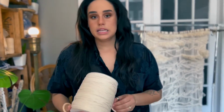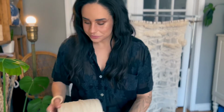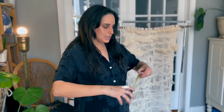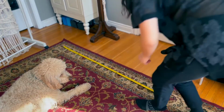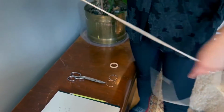So let's get started. We decided last week that our plant hanger is gonna be 35 inches long. That means that we need about 6 feet of rope. And we're gonna need 8 of these. So what I do is I measure out on the ground here with Nelson. I measure out 6 feet